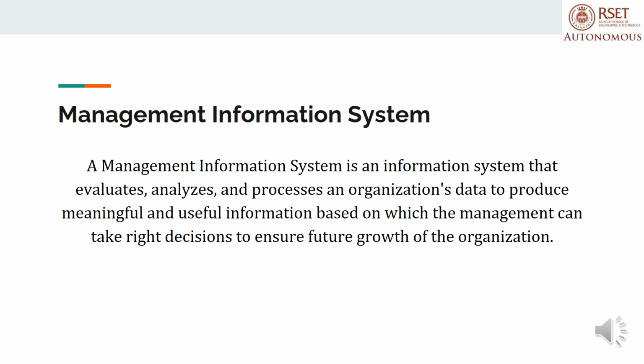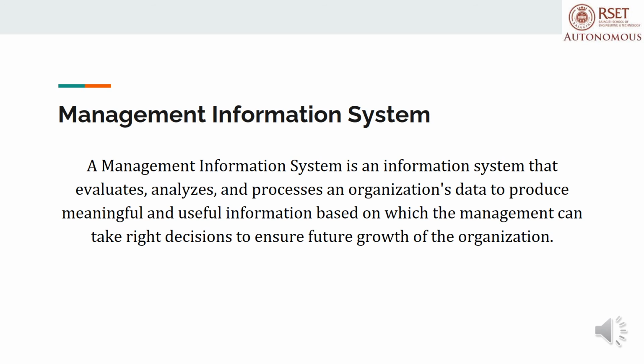Next is management information system. In order to control the organization properly, the management needs accurate information. They need information about the internal working of the organization and also about the external environment. Information is collected continuously to identify problems and find out solutions. Management information system collects data, processes it, and provides it to the managers. It may be manual or computerized. With this, managers can delegate authority to the subordinates without losing control.